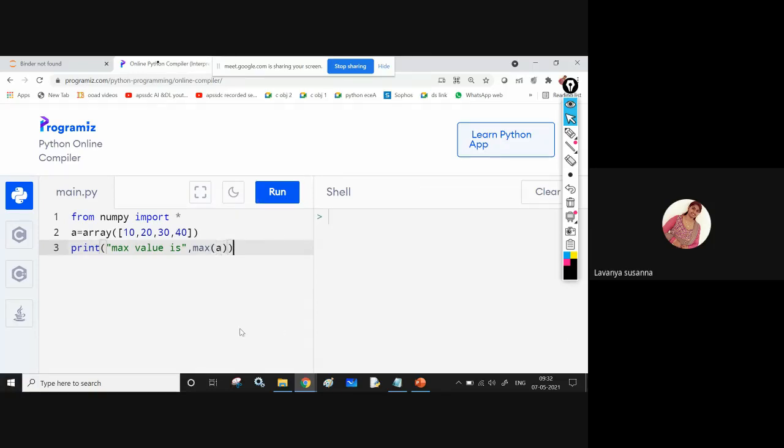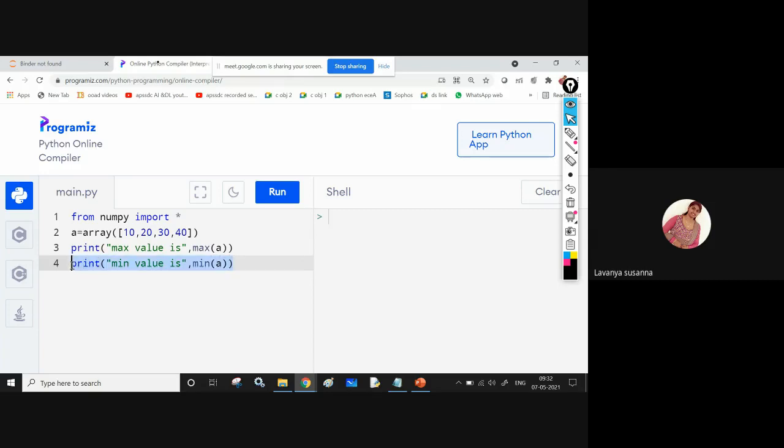In the same way, let us see min of a. Print minimum value is, min of a. You need to pass the array object. What is the array object here? A equal to array. I'm displaying all these things.